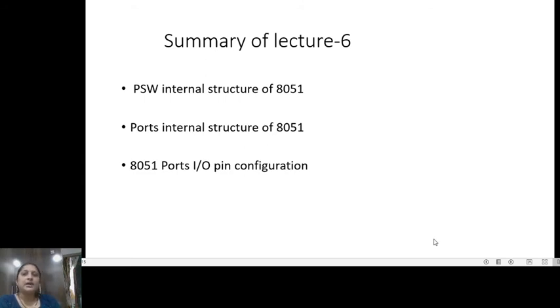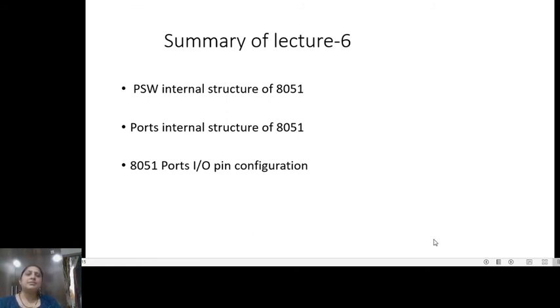We can even program a single bit of the ports as an input pin or an output pin. If we want to use the port bit as an output, connect it to logic 0. If we want to use the port bit as an input, connect it to logic 1.